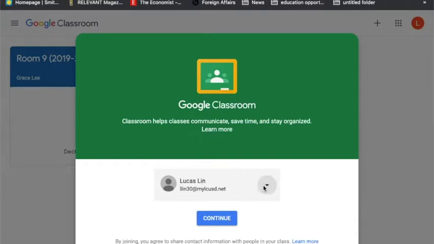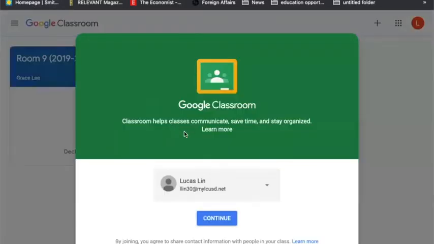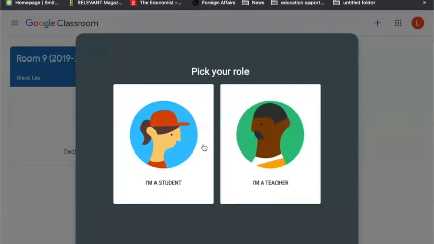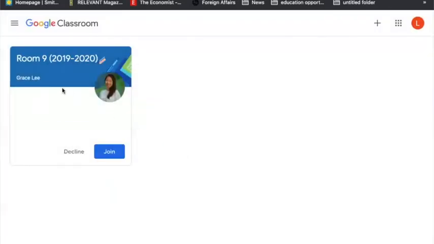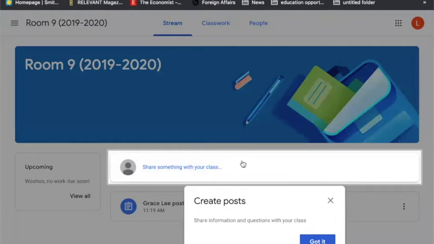If you click down here, oh, I'm going to go back. Sorry about that. There's other options, like if you have a brother or sister, their email accounts might be saved there, and you want to click on yours, and then I will click on continue. In this case, I am a student, and over here I'm going to select join because I'm part of the Room 9 class, and over here it'll highlight and pop up